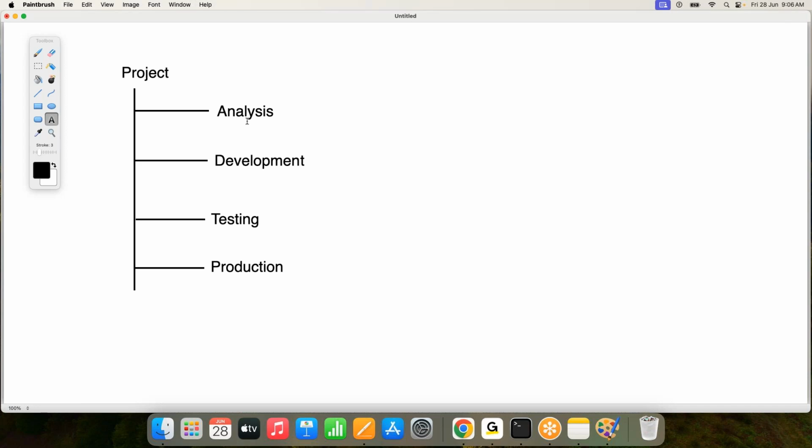Who is going to complete this analysis phase? Actually, in a project hierarchy, top-end people are available, some high-end people. They will take care of this analysis part. Being the developer, I will not think much about the analysis. Somebody else will analyze the total project and give some physical shape for the project, a document or whatever it may be, and they will share the document with us. Then we are going to start our implementation part, being the developer. So the developer's responsibility in analysis is nothing. Because of that, I'm not going to talk much about this analysis phase. We can just leave this one.